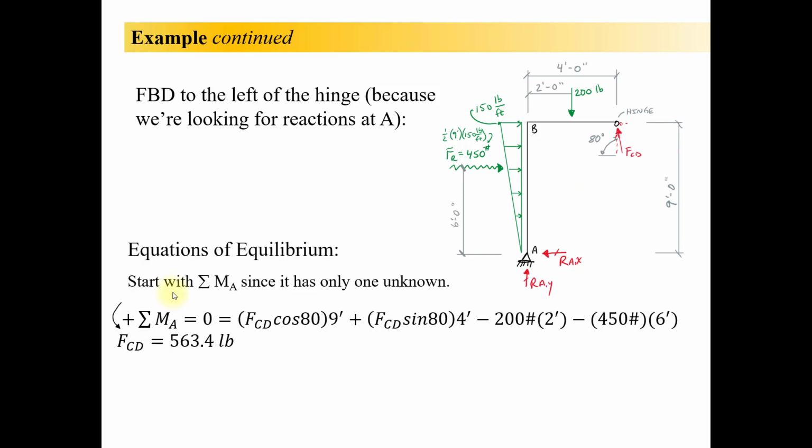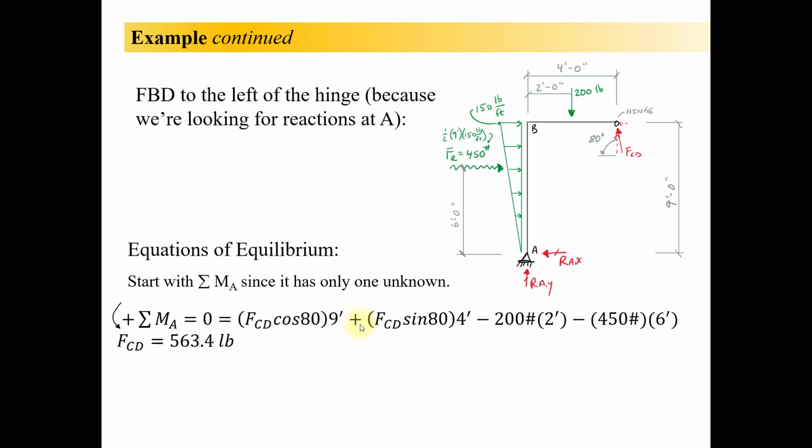So here is my summation of moments about A. I'm going to say counterclockwise is positive. So that's equal to 0. I've got my FCD times cosine of 80. That's going to be the X component of FCD, and that is acting at 9 feet away from A, and that's positive because it's counterclockwise. And then I've got FCD times the sine of 80, which is this vertical component right here. It's going to be times 4 feet, because that's how far away from A it is,